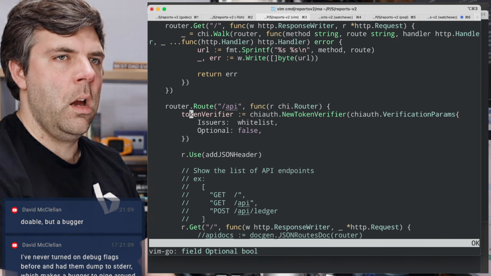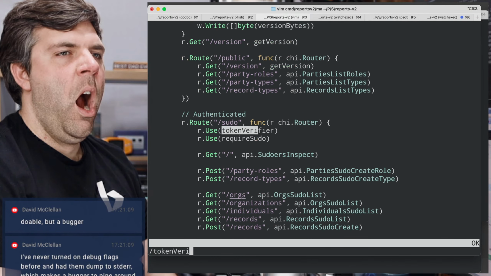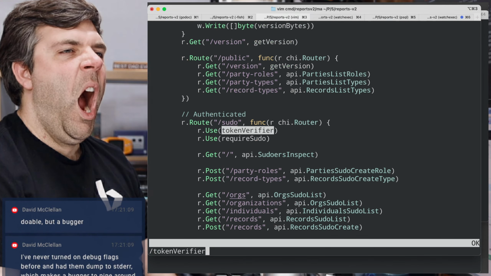Interesting. Wait, why do I have multiple token verifiers? I don't think I actually need multiple of these, do I?